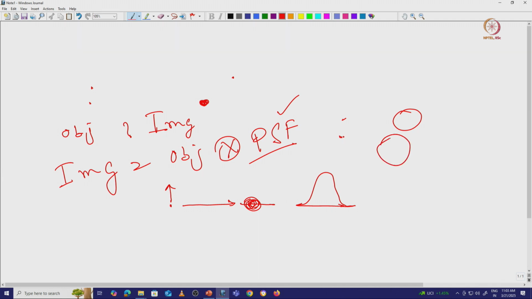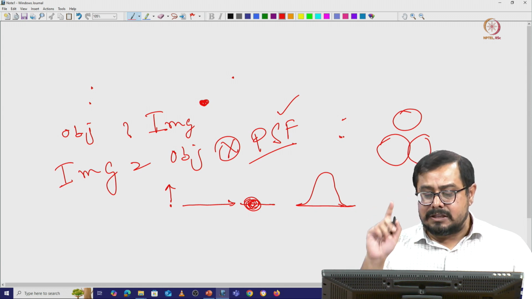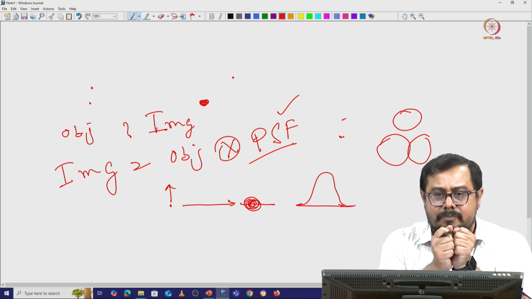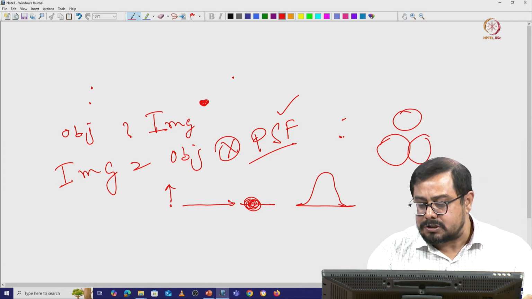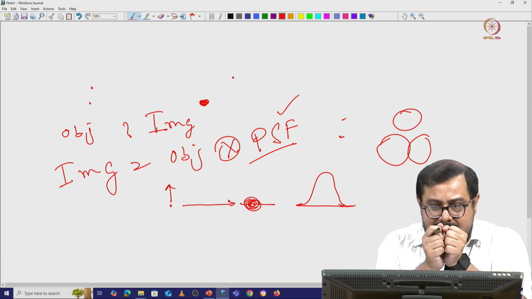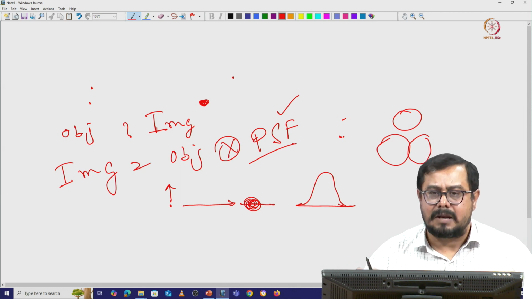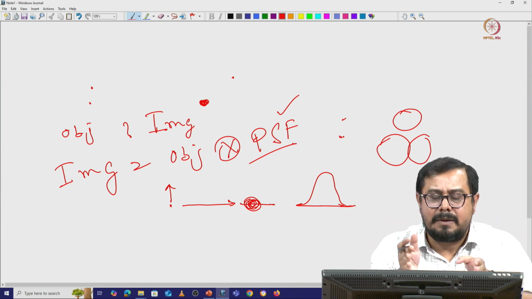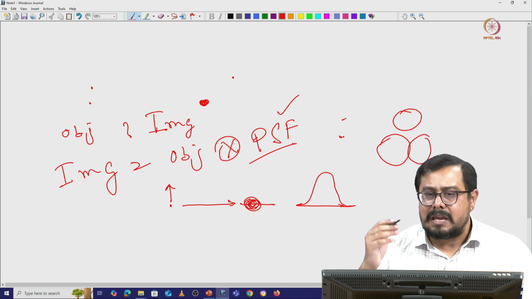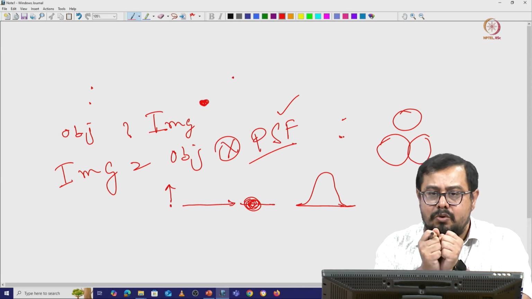So these disks can be attached like this. If they are very close to each other but completely separated, that is the time we can tell this is the maximum resolving power of that instrument, because these two dots are making disks but they are separated from each other. When these Airy disks are separated, that is the resolving power of a microscope. That criterion comes from Rayleigh's criterion, where he proposed the minimum distance required to resolve two points.